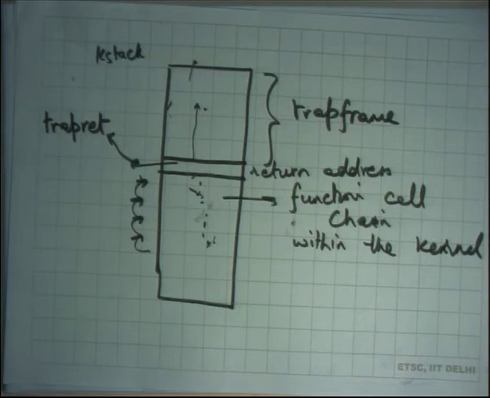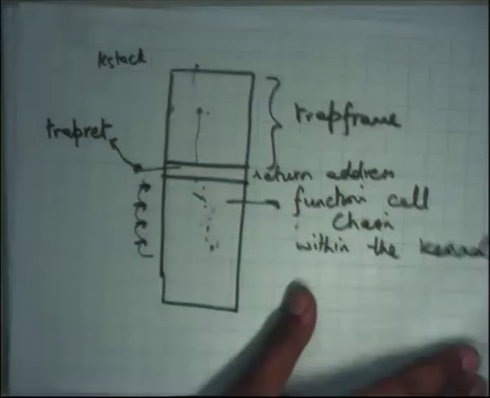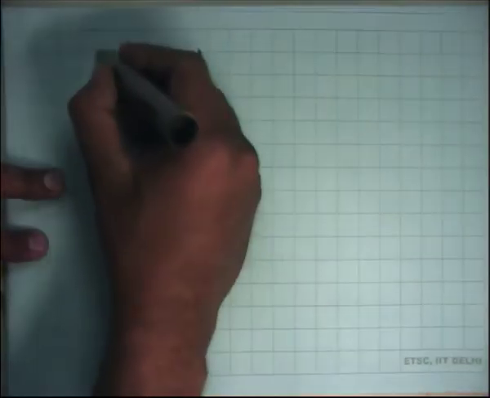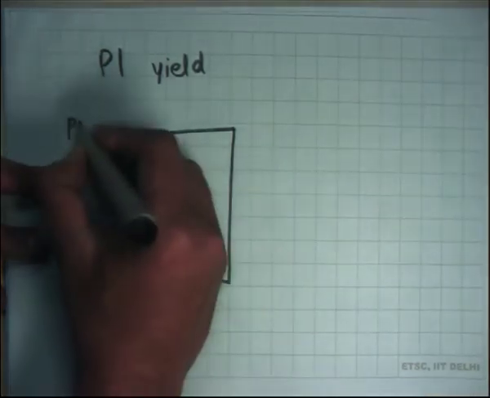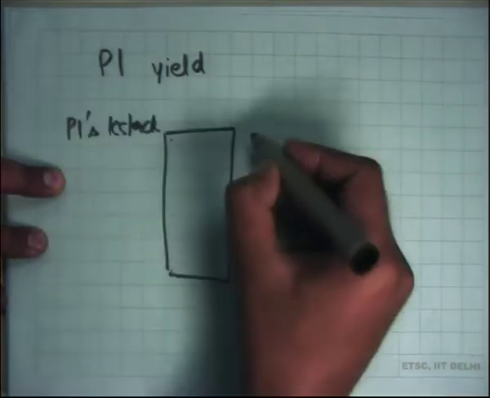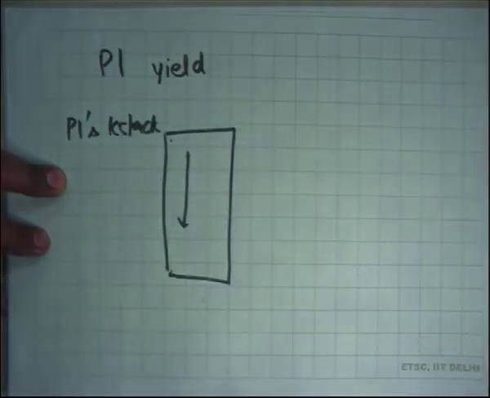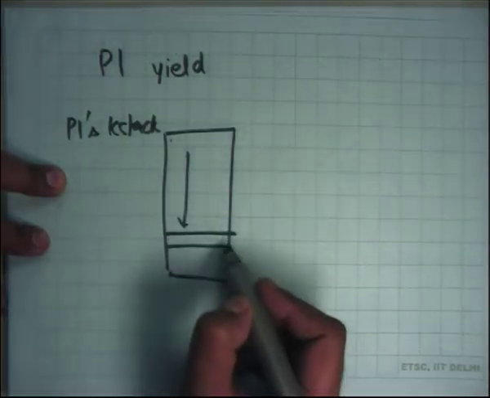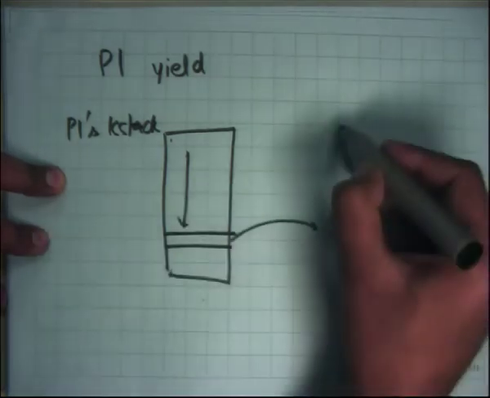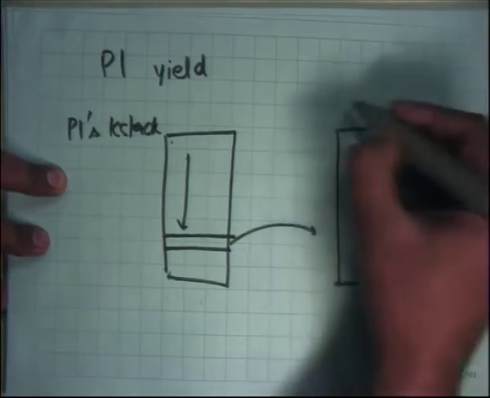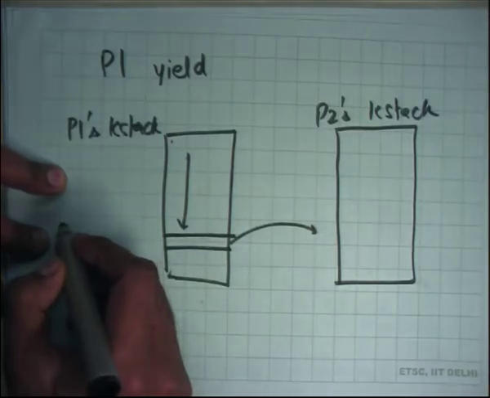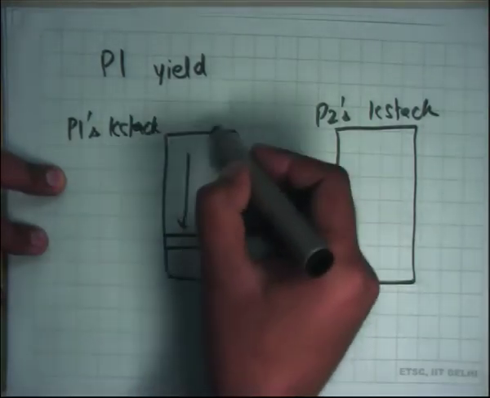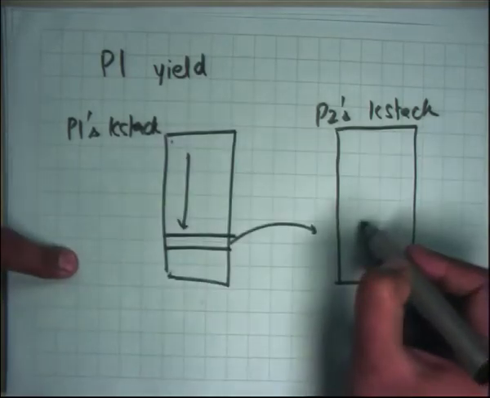And in the middle, this switching of stacks is what's called a context switch, right. So basically when a process calls yield, let's say P1 calls yield, P1's kstack will get formed, the entire chain will get saved on the kstack, and at some point it's going to say, okay, let's switch the stack, right. And so you're going to go to P2's kstack, and instead of unwinding P1's kstack as in the previous example, I'm going to unwind P2's kstack,